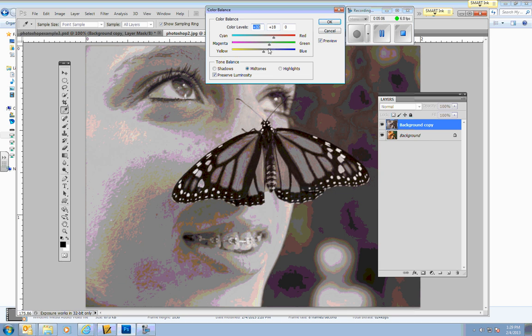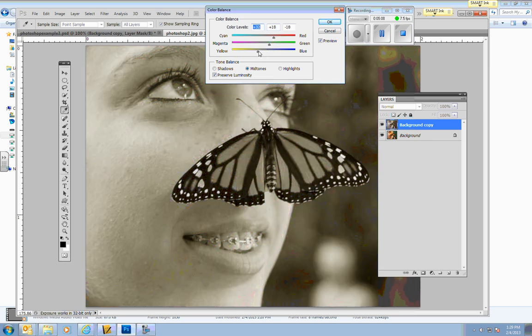Not too much. And a little bit of yellow, until we find a nice color brown. All right. So once you find that color brown, you can go ahead and say okay. But just for future notice of what the power of color balance can do for you, like for instance, if